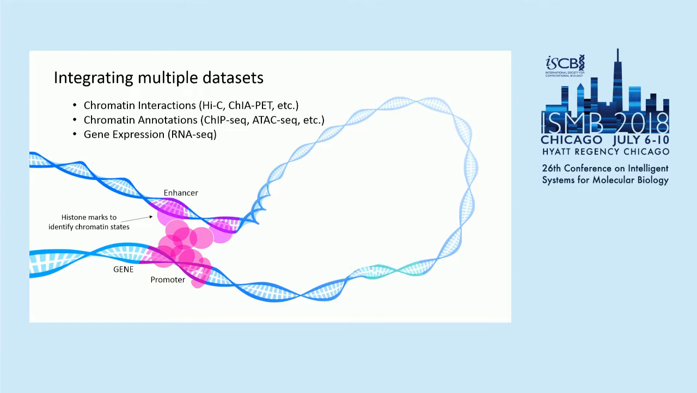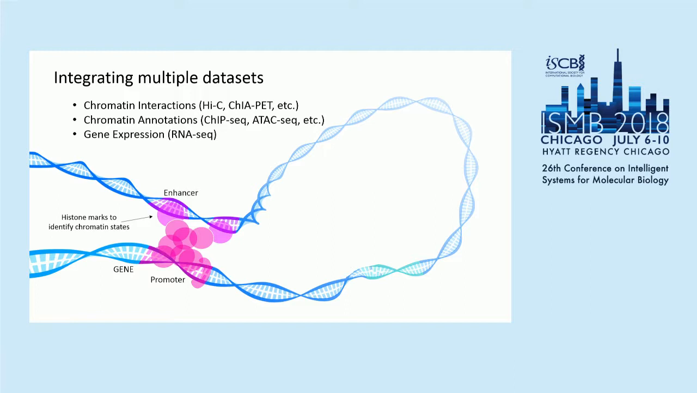So to do this, we needed to integrate 3 different data sets. And the first is the chromatin interaction data from something such as HiCAGE or ChIA-PET. The second is the chromatin annotations, which give us some information about the position of functional elements in the DNA, such as enhancers and promoters. And then lastly, RNA-seq data that gives us an idea about the level of expression of genes located near these